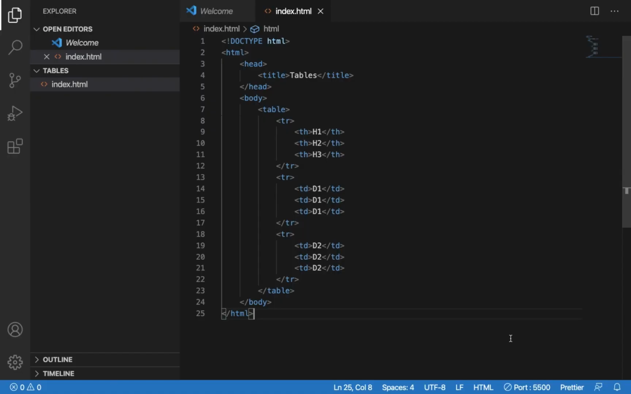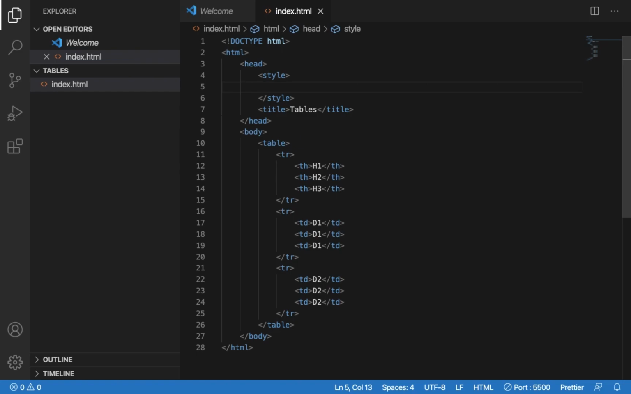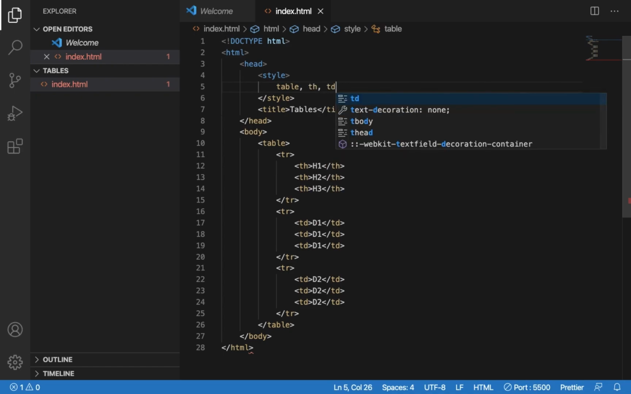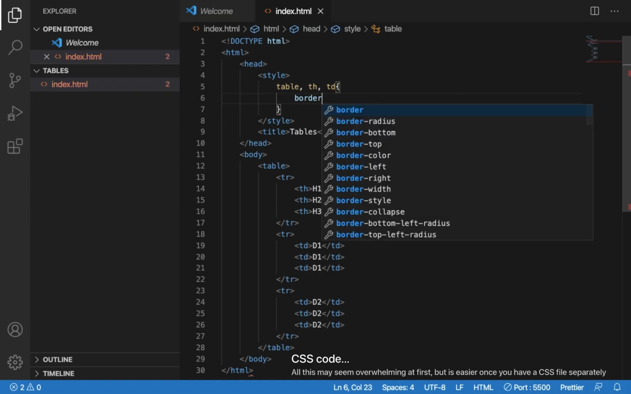So now onto the CSS part of this code, which actually shows the border of the table. So after head in the index.html file, you want to press enter and write style. Now inside style, you want to write table, comma, space th, and comma, space td. Then you want to put a curly bracket and go below that and write border, colon,